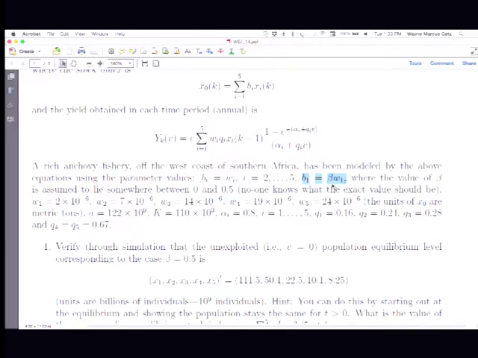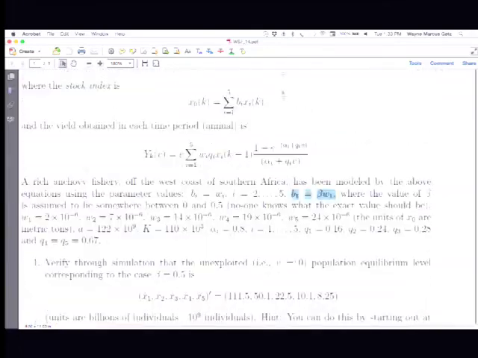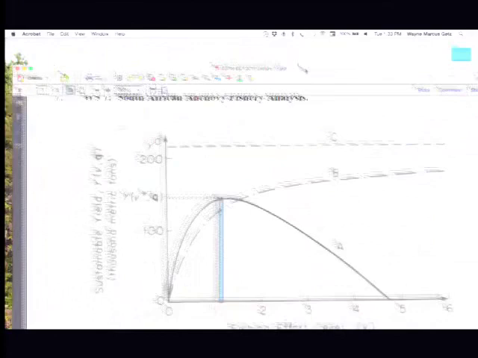You might say, the reason why I say relative fecundity is because there's another parameter here in the stock recruitment relationship, and that's the parameter A. So if I come to this curve here,